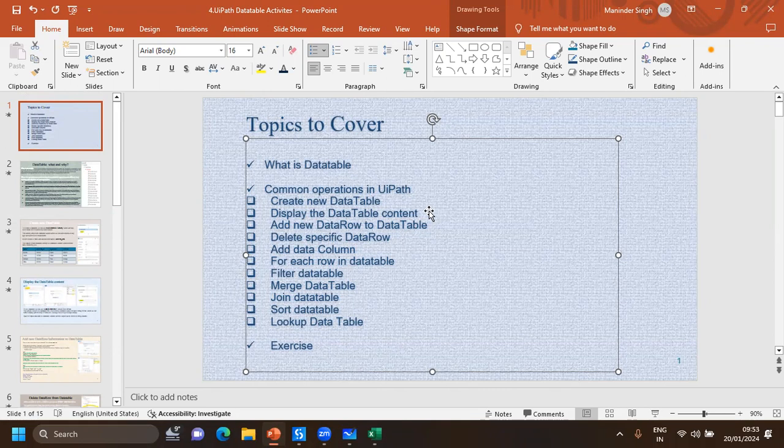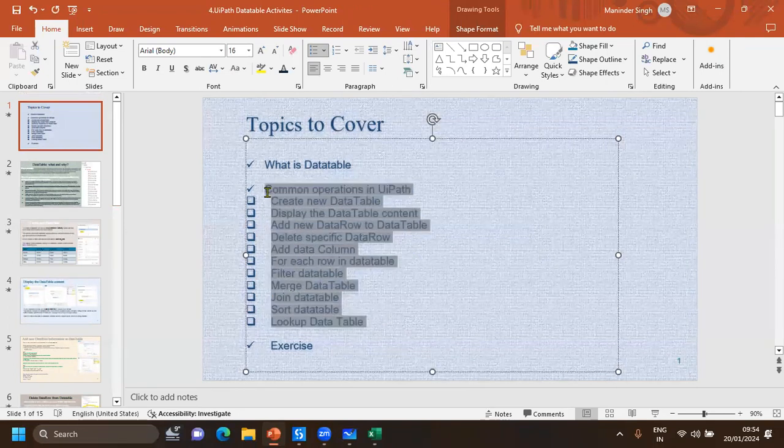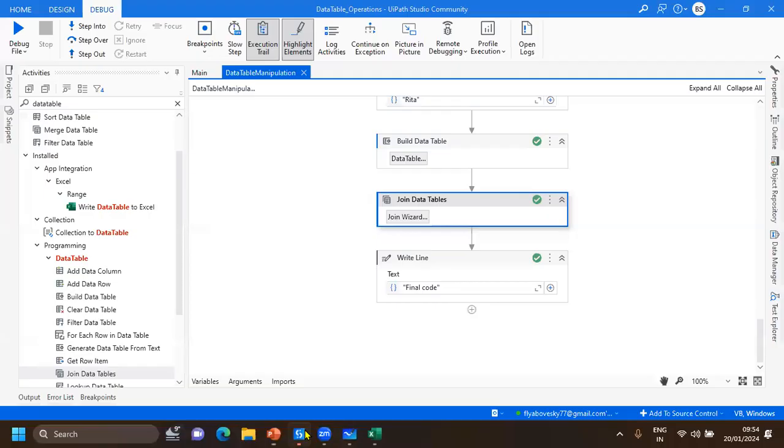99% only these activities. There will be no other activity you will be using. We have covered all the activities in data table which is actually used in the project, and which is asked in the question, in the interviews also. They are commonly used. Now the last activity is there, but before going to the last activity,